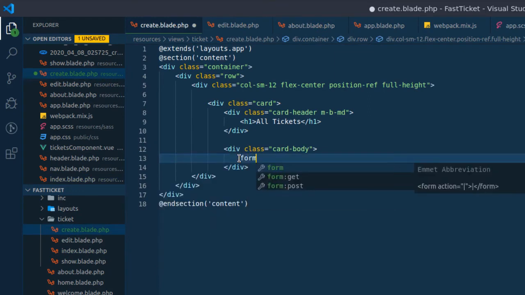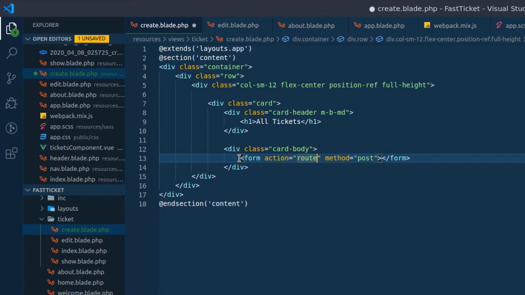a form for the purpose of post. And this is where I'll use the function route. This is a Blade function, a PHP function, so I'll put it in Blade syntax like that, and I can say go to the route named